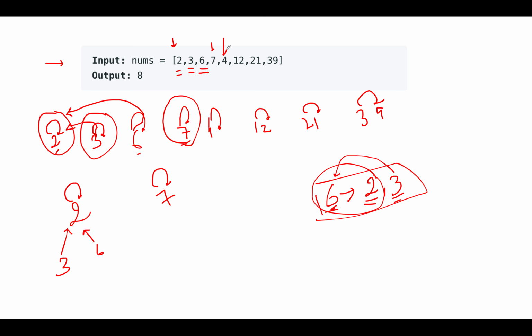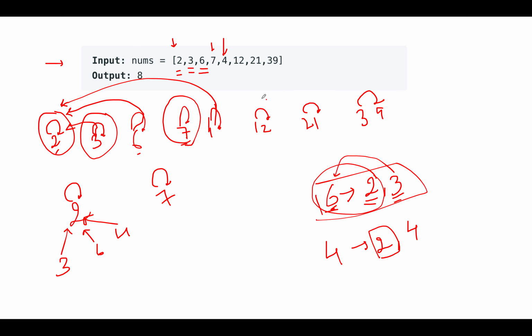Next we have is 4. Let's build the factors of 4. How many factors exist? There is only one factor, which is 2, and the other one is 4 itself, of course, but we are looking for factors lower than the number itself. So there is only one factor, and as a result of which we'll unify 4 and 2 together. So how do we unify? We'll update this connection of 4 with 4 to 4 with 2, as a result of which 4 gets added to this list. Now 4 is also pointing to 2.